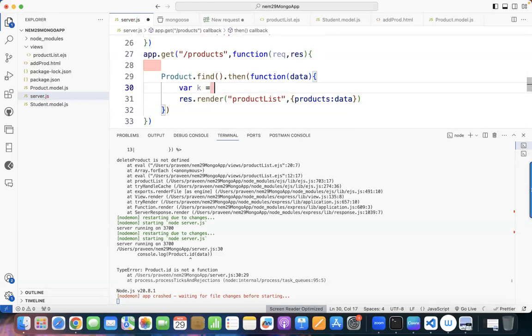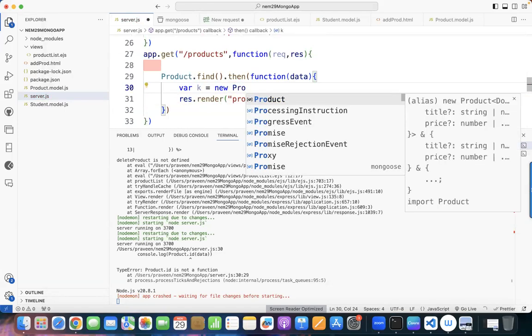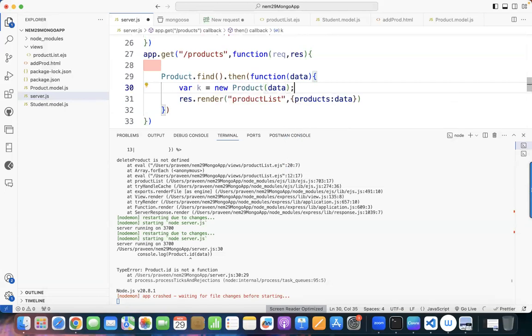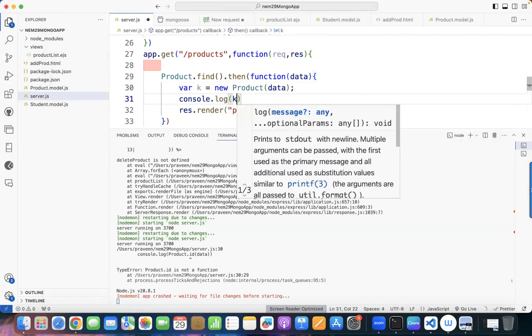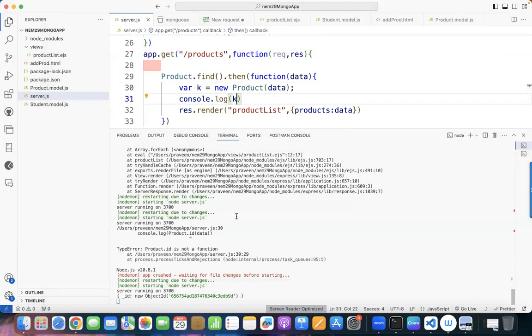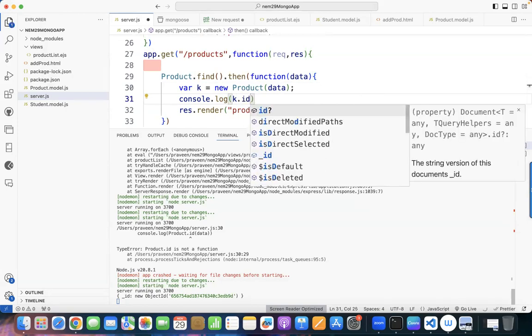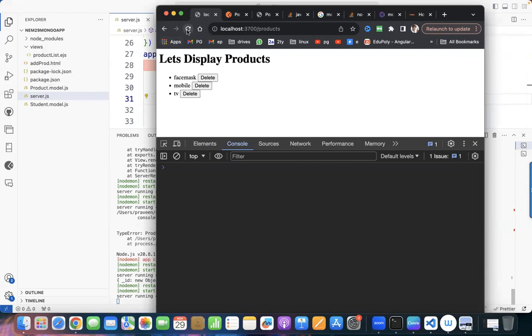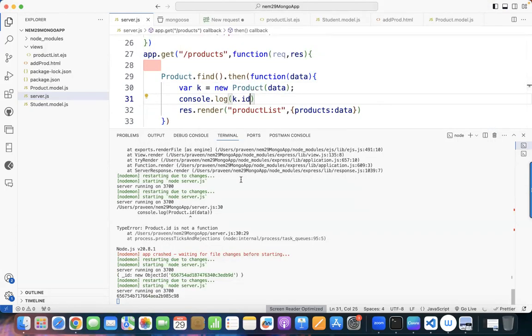Where k is equal to new product of data. console.log of k. k dot id. Okay, finally I got the id here from the given data, but is that id the same as the